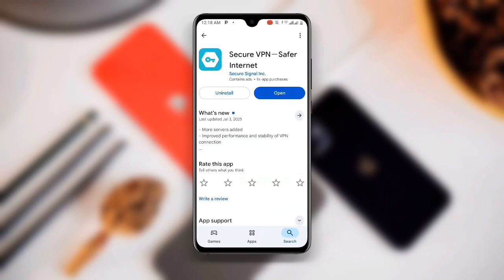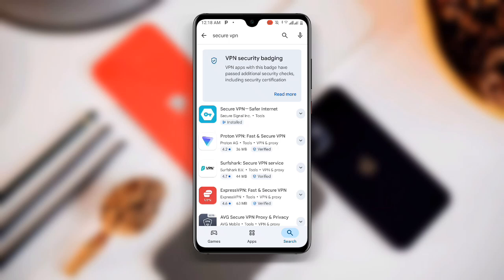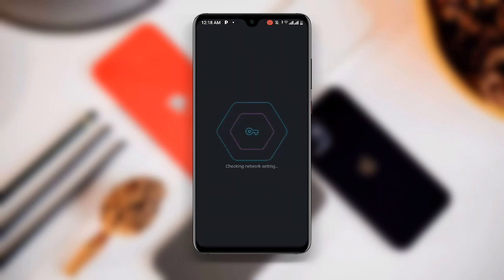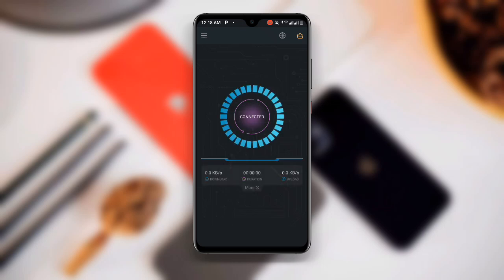So just open Secure VPN and make sure you connect to Secure VPN over here. So you can see checking network settings once you open Secure VPN. Now all you need to do is to just click on connect, and once you click on connect over here, you can see it is connected already. So just go back,